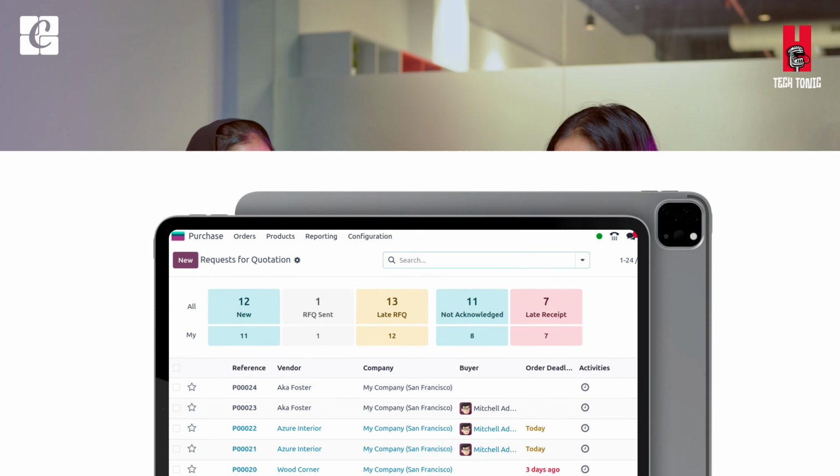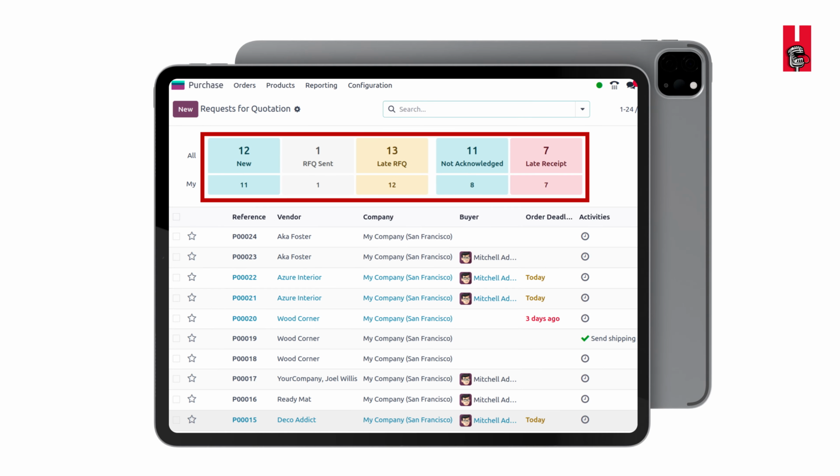Here in the purchase module of Odoo 19 in the dashboard, we have new RFQs, RFQ sent, late RFQ, not acknowledged ones, and the late receipt ones. And the main thing is that for each of these we have different colors, which makes the dashboard much more attractive. That is the main change that strikes our eyes once we open the purchase module.